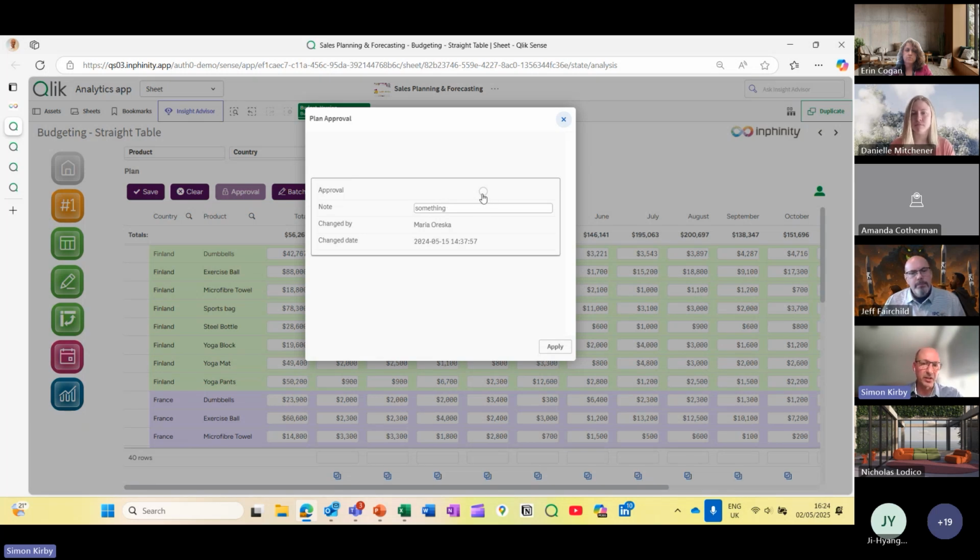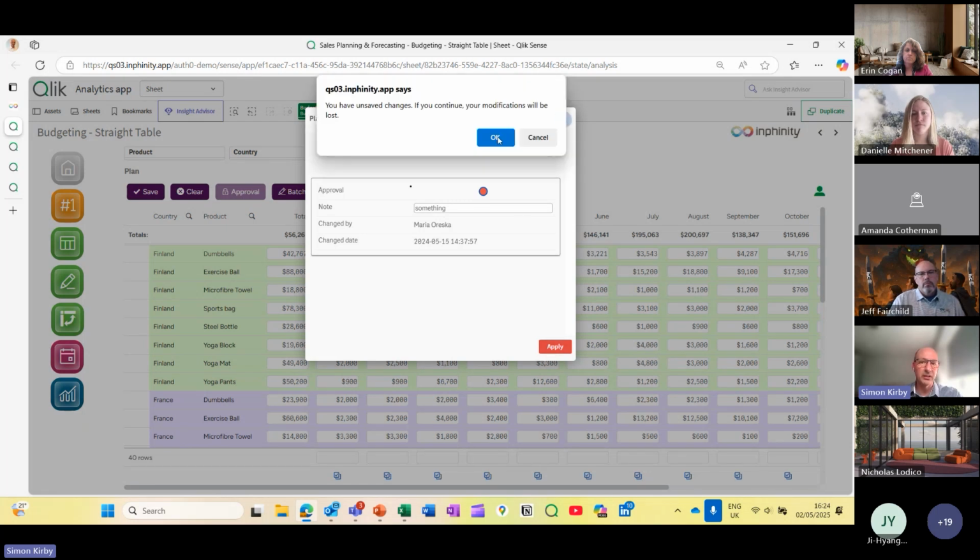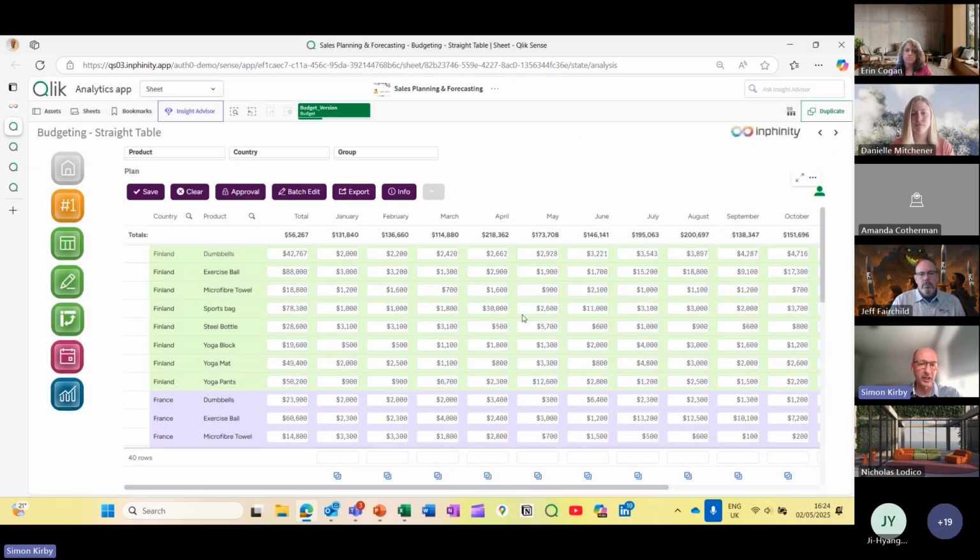This is simple. This is an approval. You can check it. You can click apply, and that would then say that that is approved for this particular form. Okay, and everything would then be locked down. For the sake of the demo, I won't do it now, but that's actually what will happen. All right. That's one way of doing a budget.